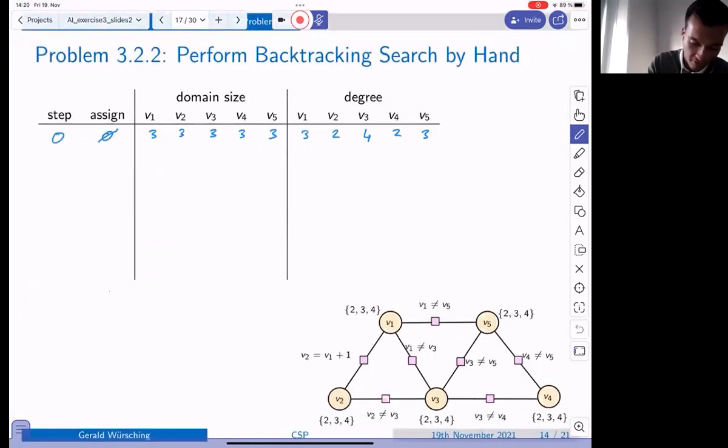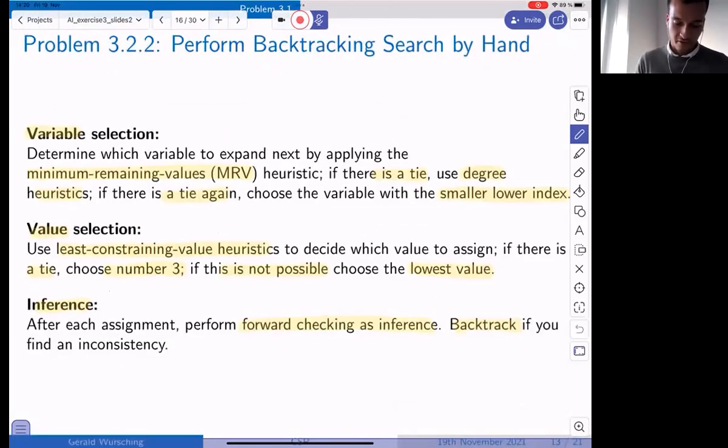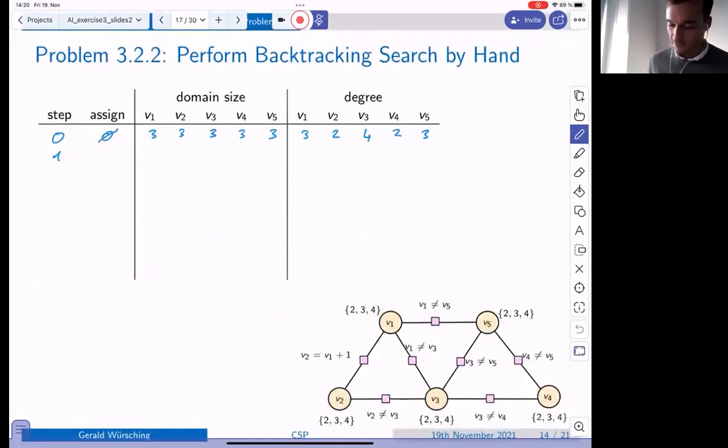Okay, so we start with step 1. Looking back, we first have to do a variable selection. We have to decide which of those 5 variables we're going to choose next for our assignment. So we use the minimum remaining value heuristic, which means we choose the variable with the smallest domain size.